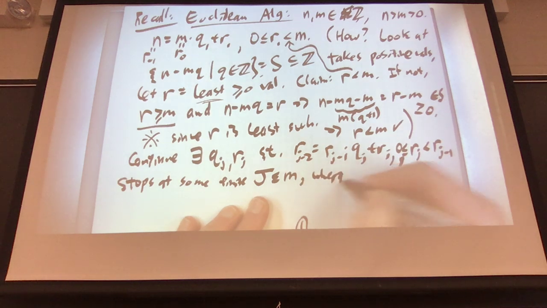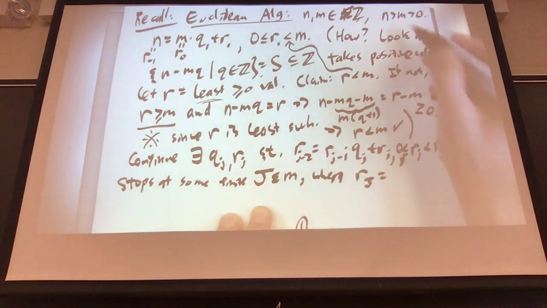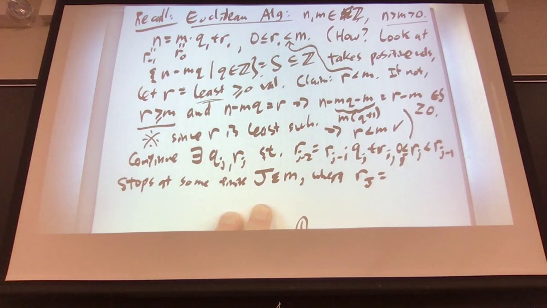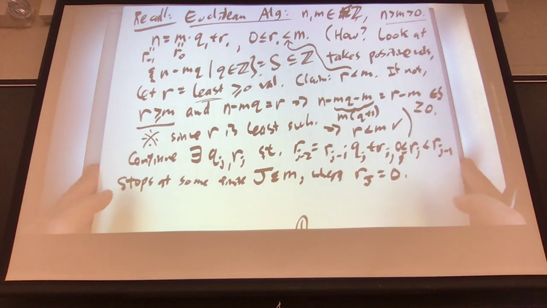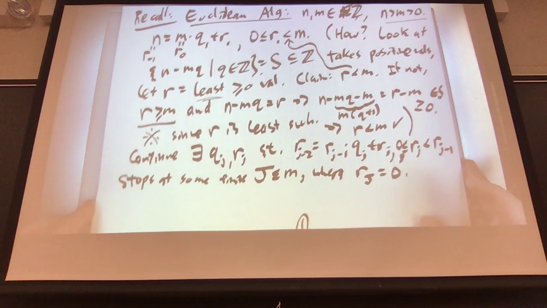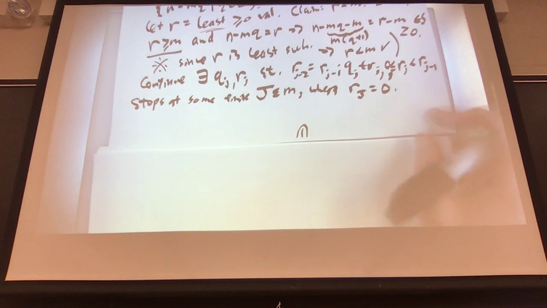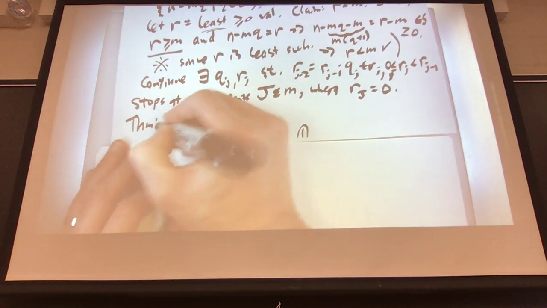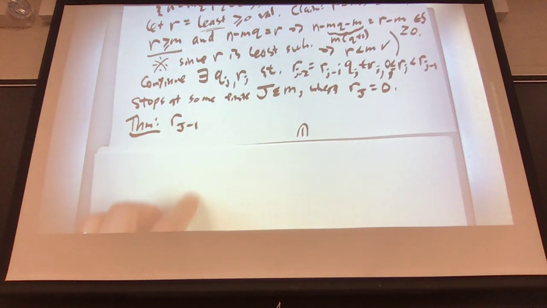when r_j is equal to 0. It stops when this ceases to be the case. You can't continue the division algorithm and get strictly smaller numbers if r_j is 0. So when r_j is 0, that's when it stops. And the claim, the theorem of the Euclidean algorithm, is that r_(j-1), the number just before the number where it stopped, is exactly the